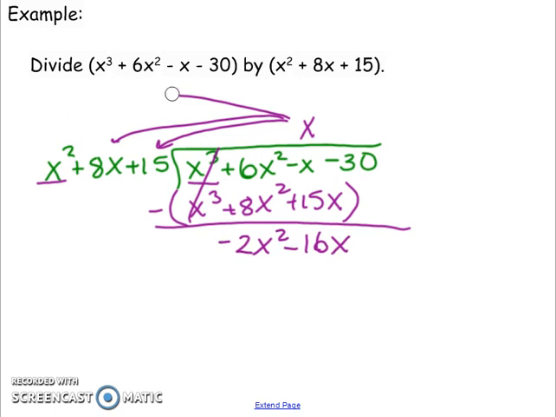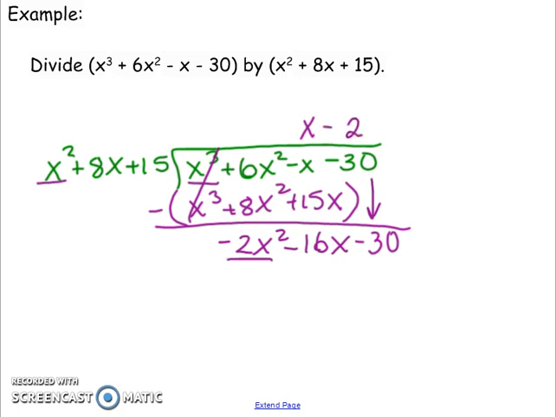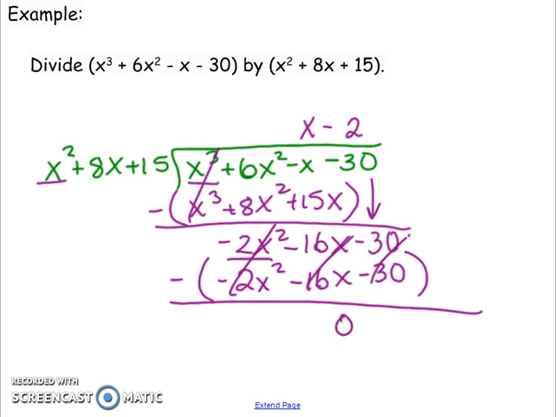Now before, we always had to have two terms on the bottom, since we had two terms on the outside. But now that we have three terms on the outside, we have to have three terms on the bottom. So we're going to bring down the negative 30 so that we have the same number of terms. We have x squared. We want a negative 2x squared, so negative 2, and multiply that, so we're going to get negative 2x squared minus 16x minus 30. When we subtract, everything will cancel out, and we will have no remainder. x minus 2 is our